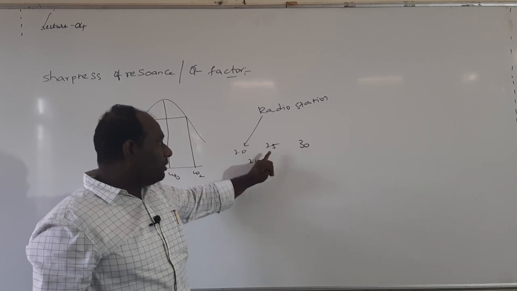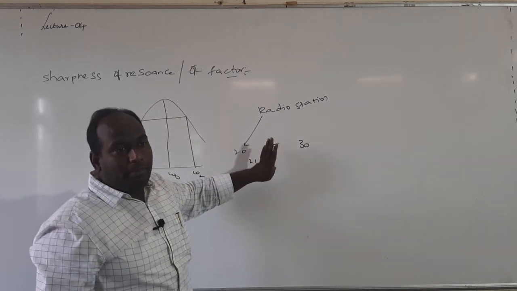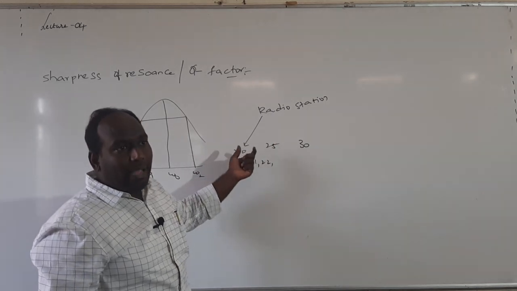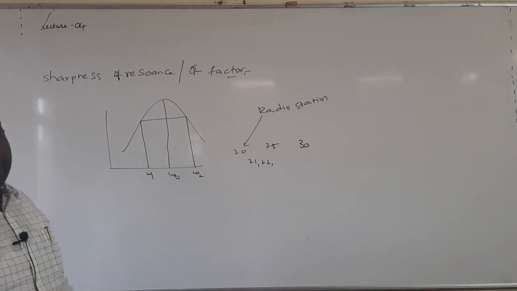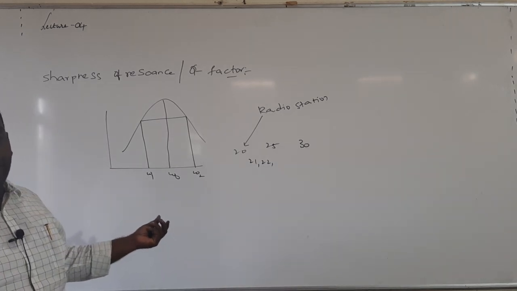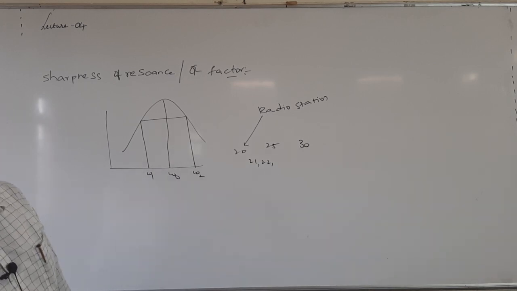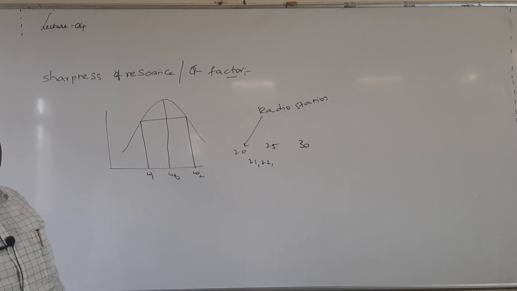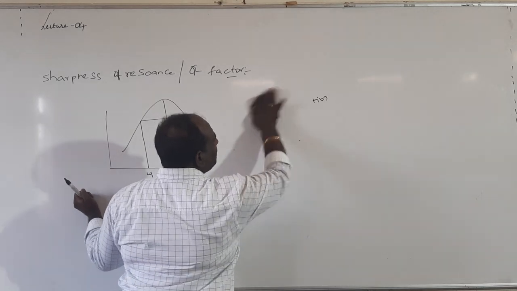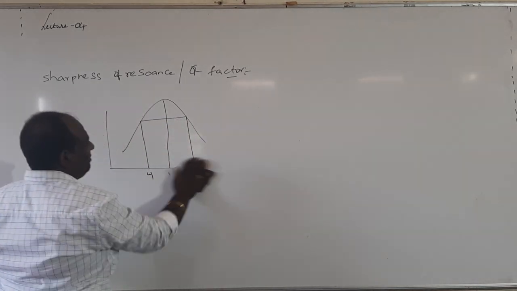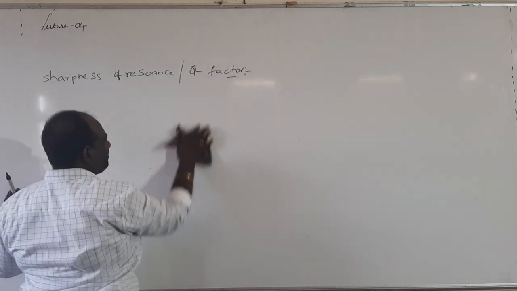As we move from 20 to 25, we can observe more noise. At 25 we will get maximum clarity. So to get the maximum clarity, we are using the tuning of the circuit. Tuning of the circuit is nothing but we keep on changing the frequencies to get the desired frequency. At the desired frequency, power drop is maximum, and we can get good quality of audio and video. This is about sharpness of resonance and quality factor.